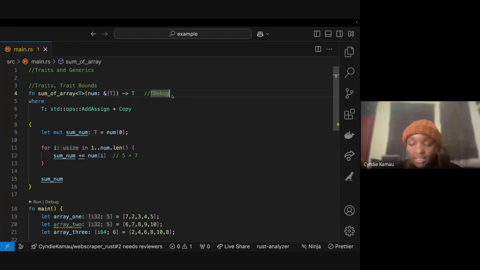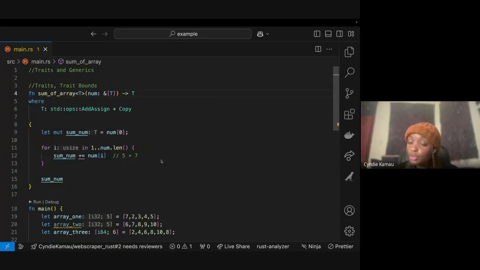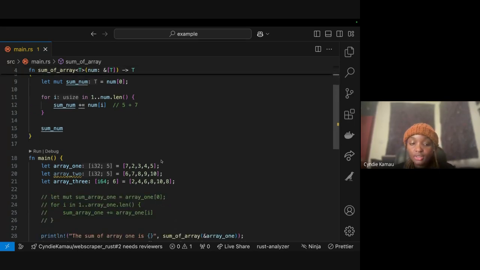Otherwise, that's not really needed in Rust. But all in all, this is how traits and generics work. They help you write reusable code. I just wanted to quickly go through this before we start on smart contracts. So far, does anyone have any question?